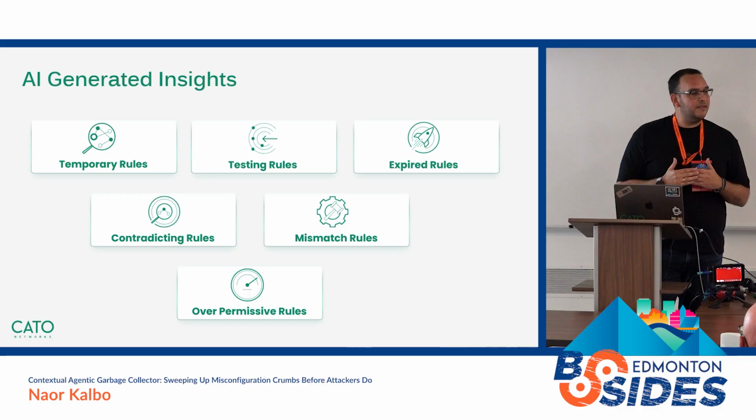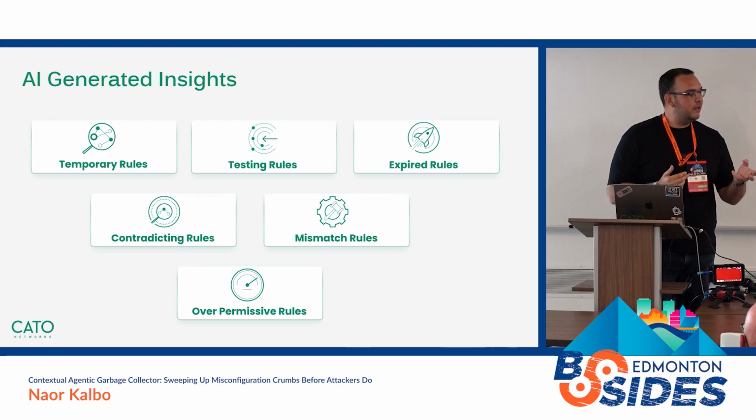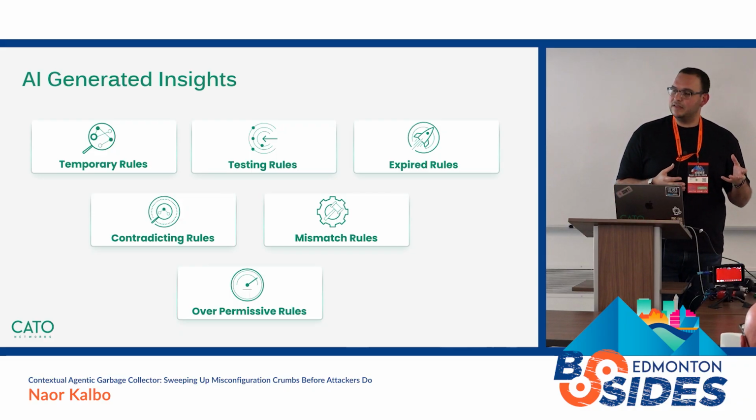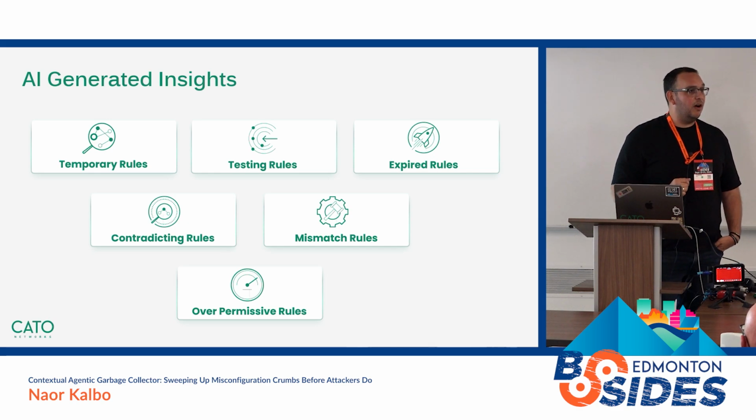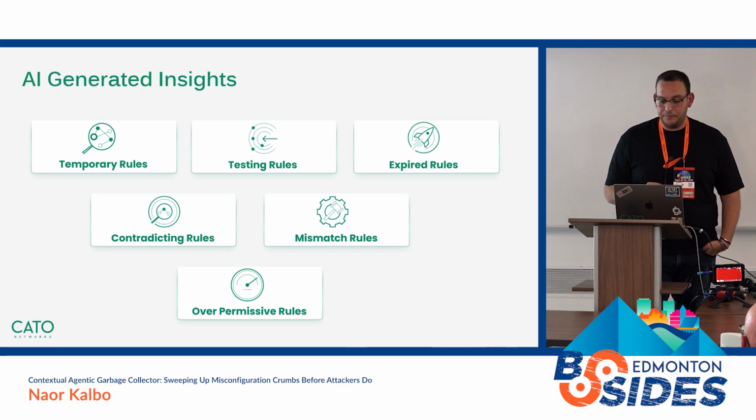This is something that is very hard to detect, but using the semantics, the LLMs, the power of AI, to do some semantic analysis and compare the real intention versus the actual action can help us a lot. And we are uncovering a lot of misconfigurations this way.